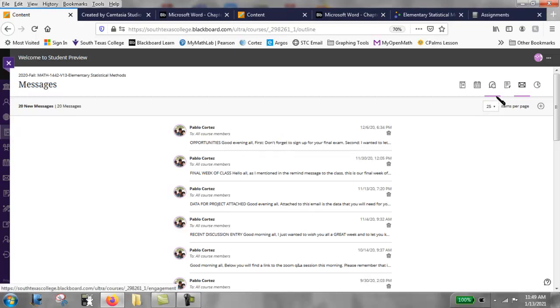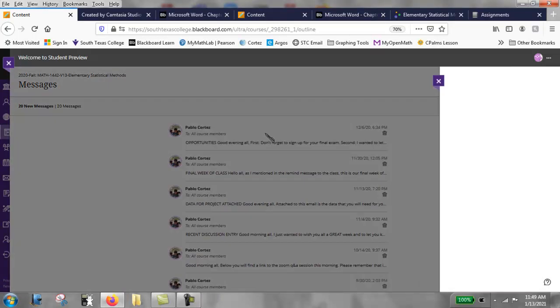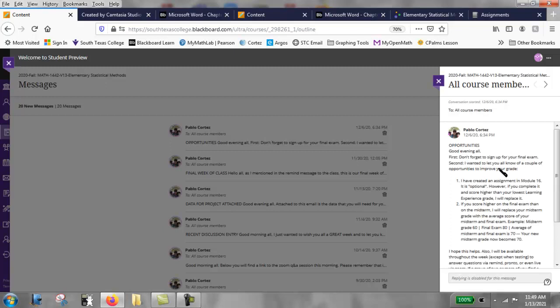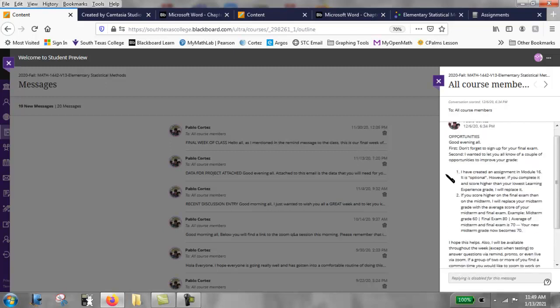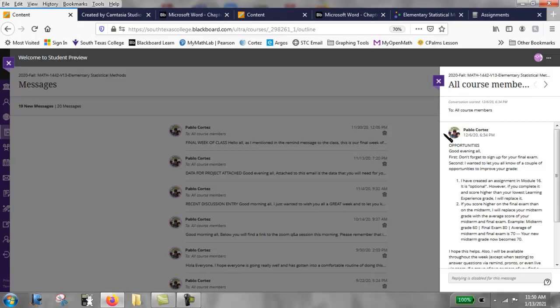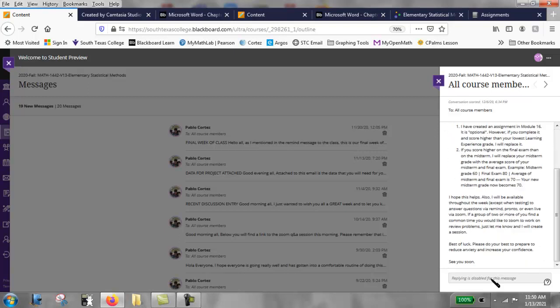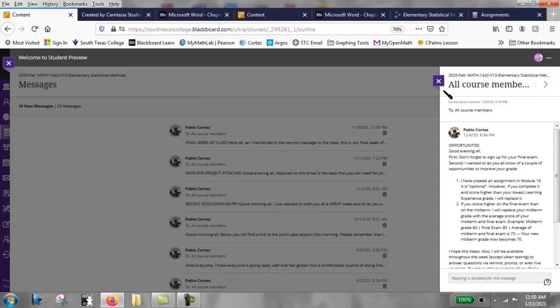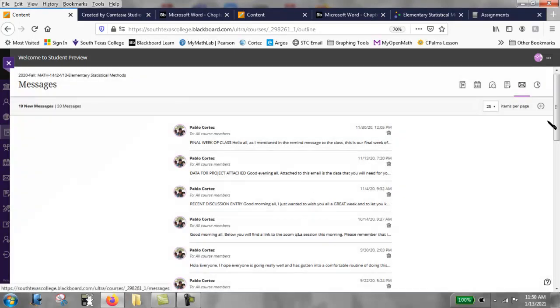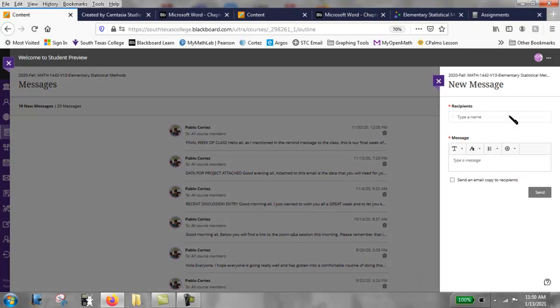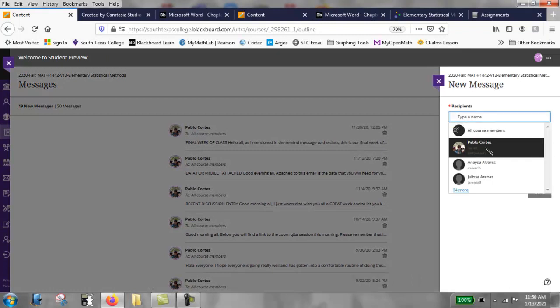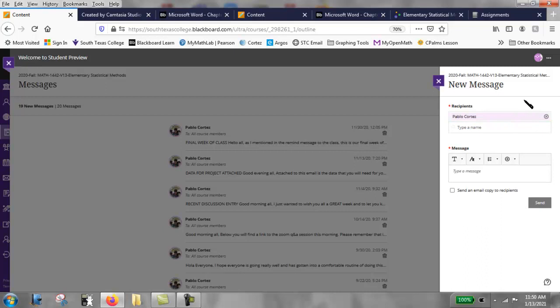The way you create an email is you hit this plus sign here. If you want to read an email, just click on an email I sent to you, and you'll read it down here on the side, but it's really tiny, and I don't know how to maximize that. And then you can reply down here. It's disabled, but let me close this. If you as a student wanted to send me an email, you would click create email and type a name, most likely your instructor. If you want to, you could also send it to students. There is no subject line. You would just go straight over here, start typing your message, and then hit send.